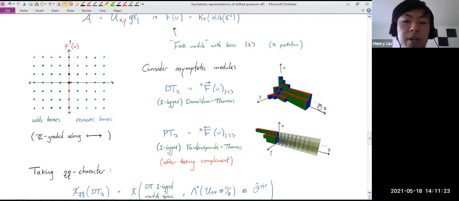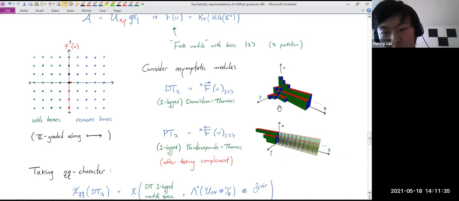These things are known as 3D partitions, in complete analogy with 2D partitions. For usual 2D partitions, you stack squares in the positive quadrant. For 3D partitions, you stack boxes in the positive octant. And here